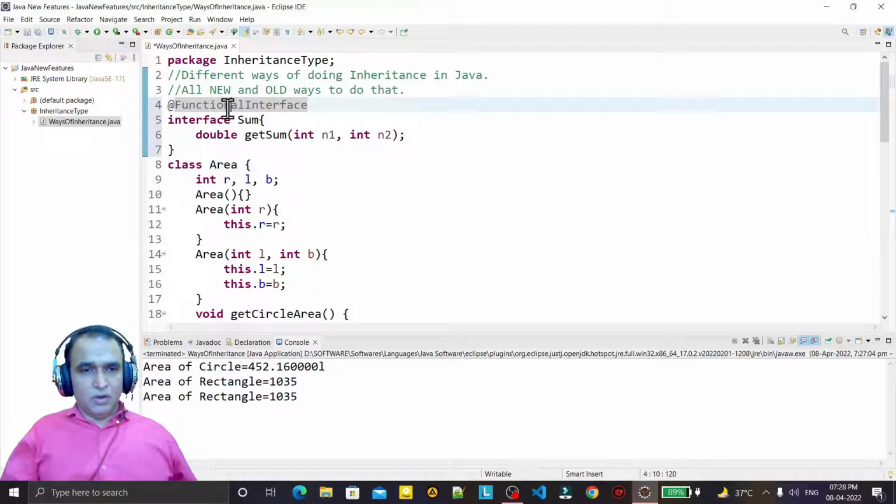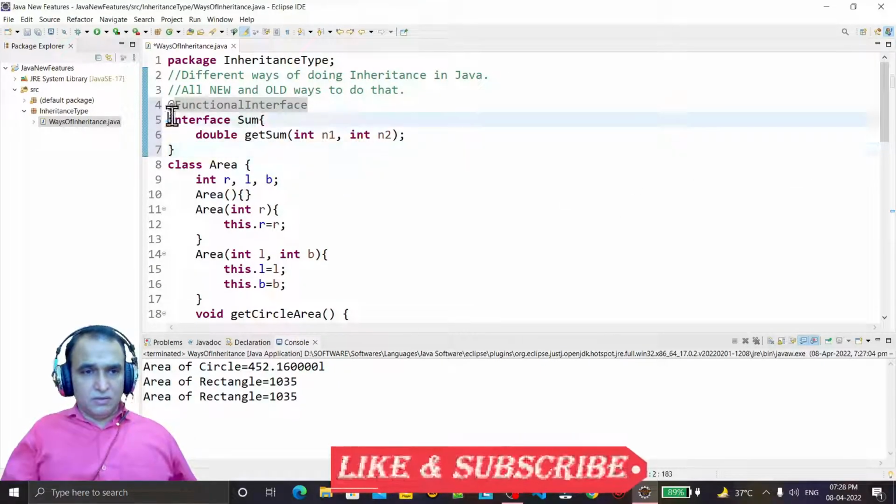This process belongs to Java 8 and above, and now you see this interface is there.